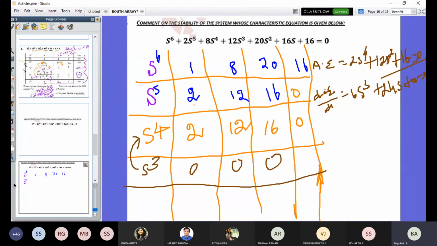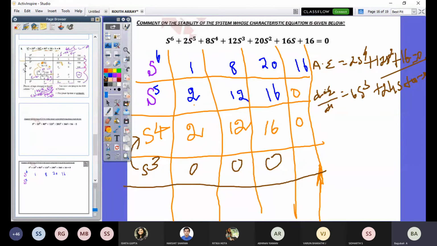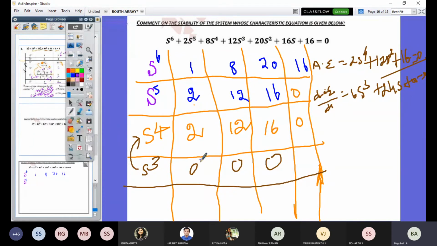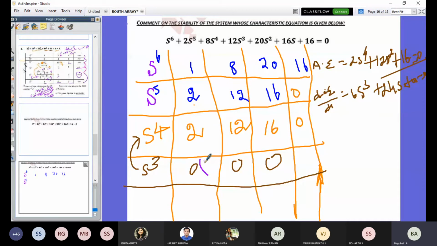Yes, sir. Okay, same way you write. Now, after differentiating that auxiliary equation, we have those values. Now we replace the 0 with the values. What is the answer? So 8. Sorry, I have written wrong. You can write it 8. Here, 24. Next it should be 0. Now you can determine what is s square.